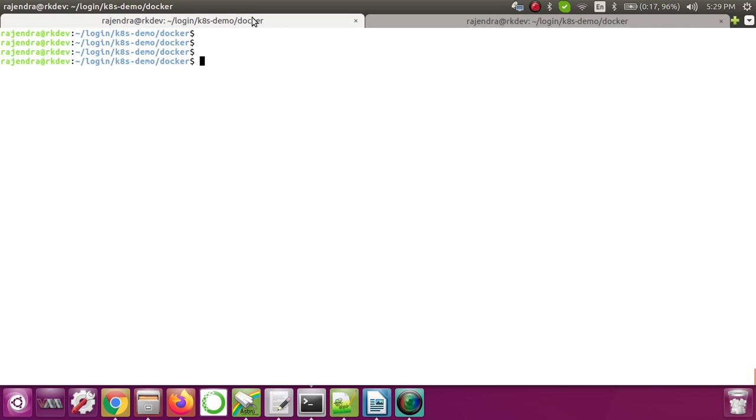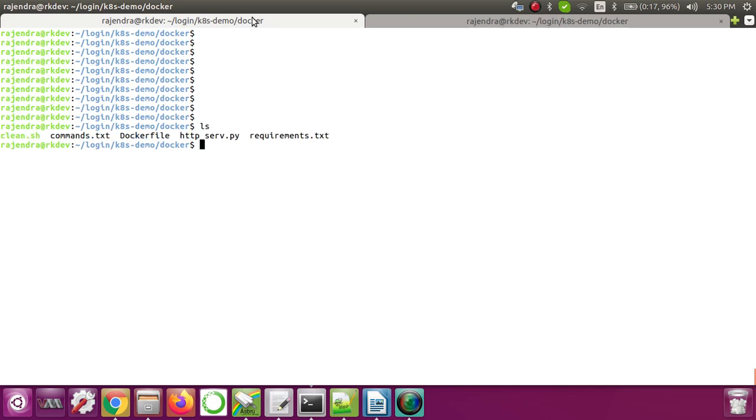Now let's say I want to deploy this same application with the help of Docker. That means I want to create a container with the help of Docker for this same application. So let's go one by one through what we need to do. This is your application, http server.py. I want to deploy this application, so to create a bundle of this application, what all things do we need?